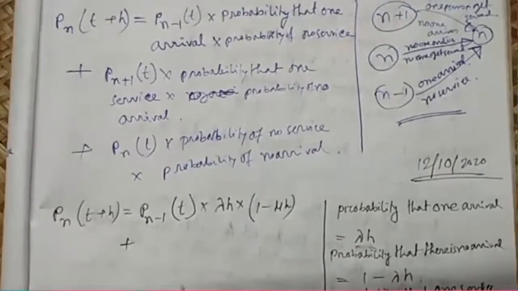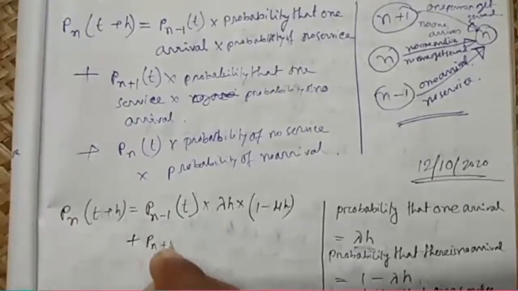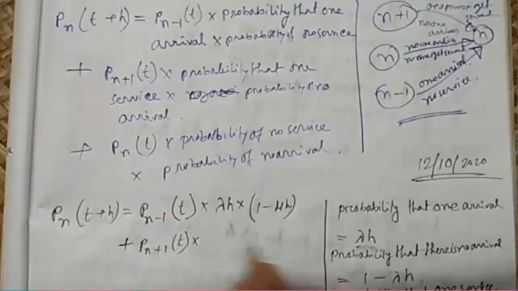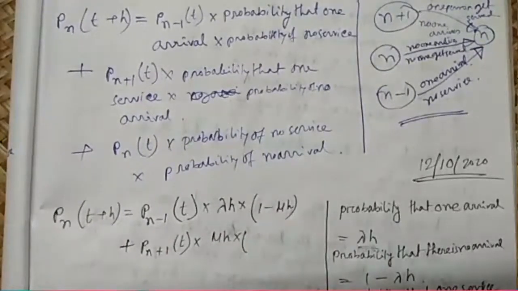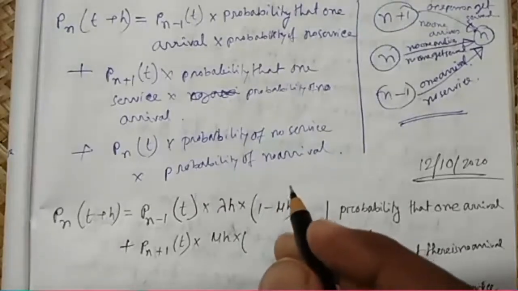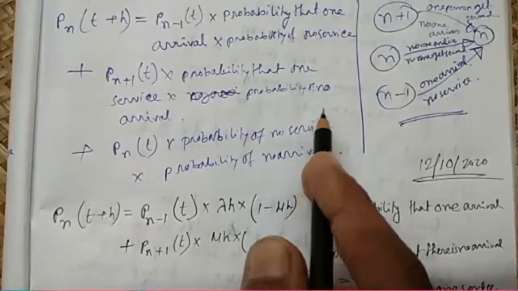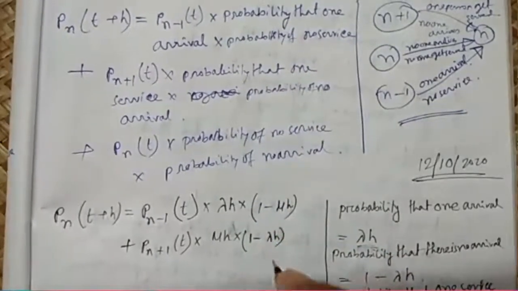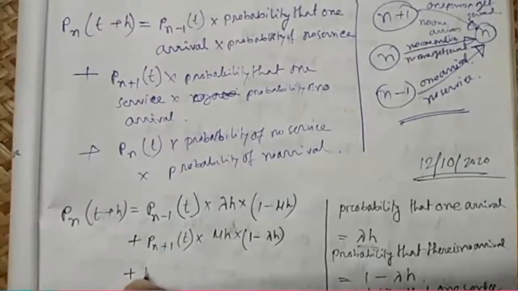Then the next term, Pn plus 1 at time t into the probability that one service is mu h, and the probability of no arrival, that will be 1 minus lambda h, plus